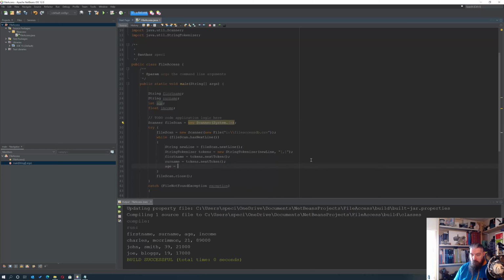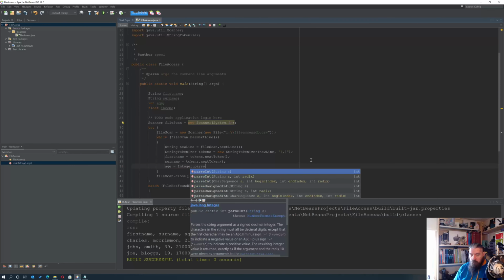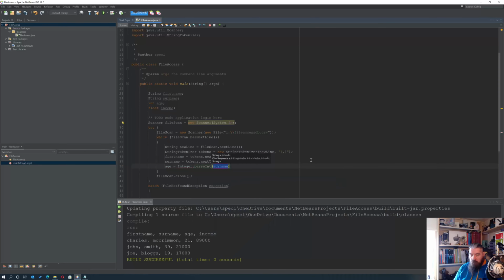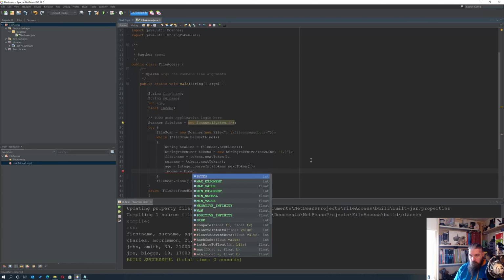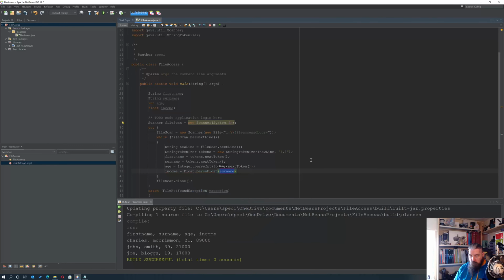We need to start parsing it, so Integer.parseInt of tokens.nextToken, and then income equals Float.parseFloat, which takes a string in, tokens.nextToken. At that point,